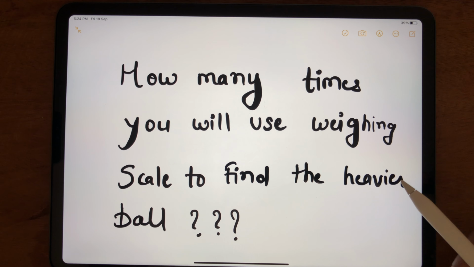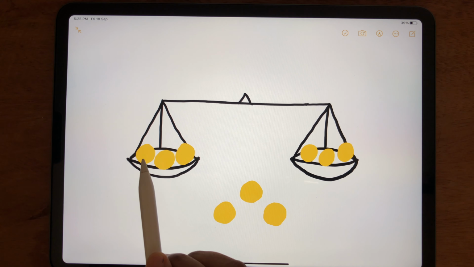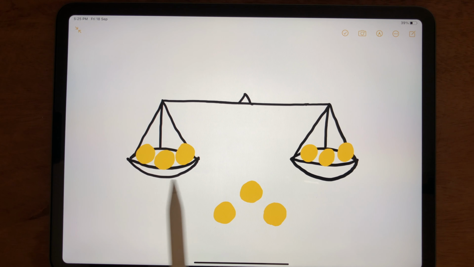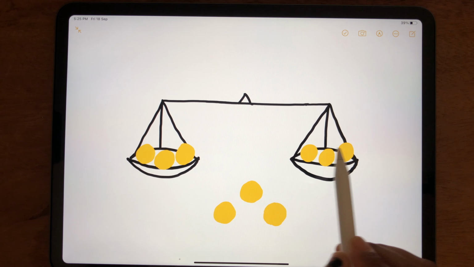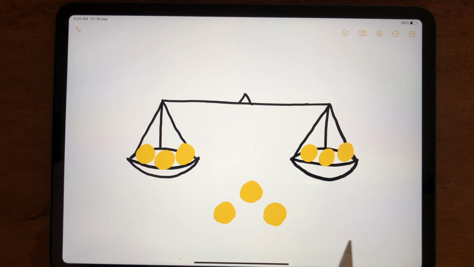Now let's see how we can find the heavier ball out of the 9 balls, the one having more weight compared to the other 8 balls. As your weighing scale can carry as many balls as needed, we can divide the balls into 3 categories. We group them in counts of 3, so in one group we have 3 balls. Using the weighing scale, I am placing 3 balls in one section, keeping the other 3 balls in the second section, and keeping these 3 balls aside with me.